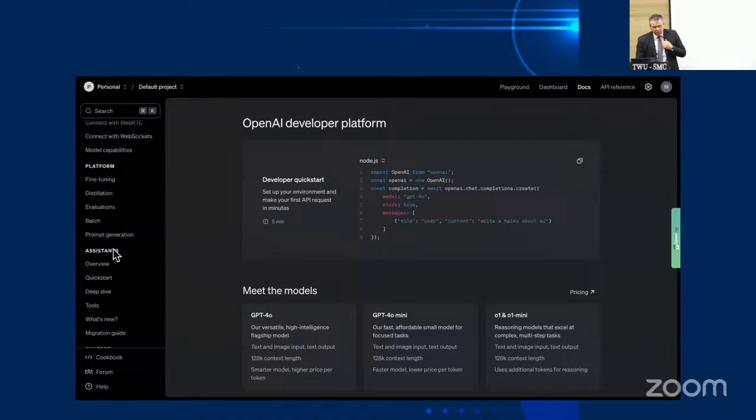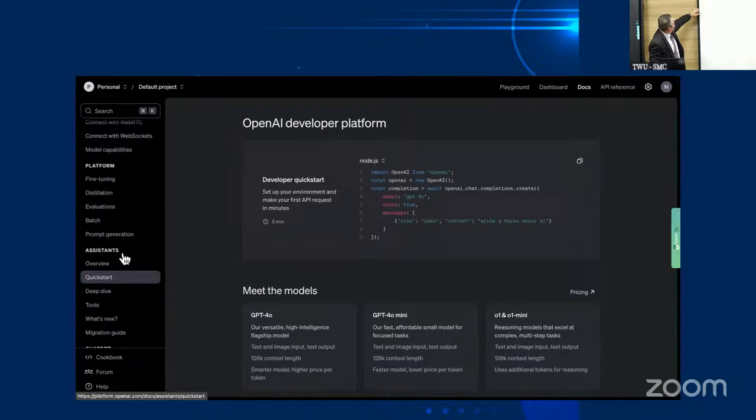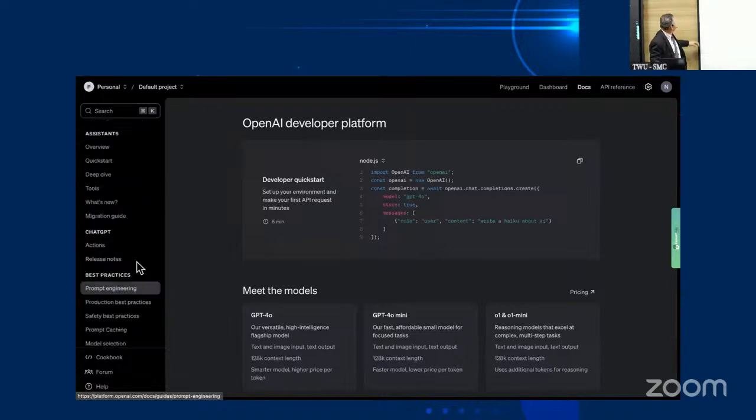We don't have a lot of time today, so I can't show you all these things, but you see best practices down here. Foundations here. Practices, prompt engineering, action.